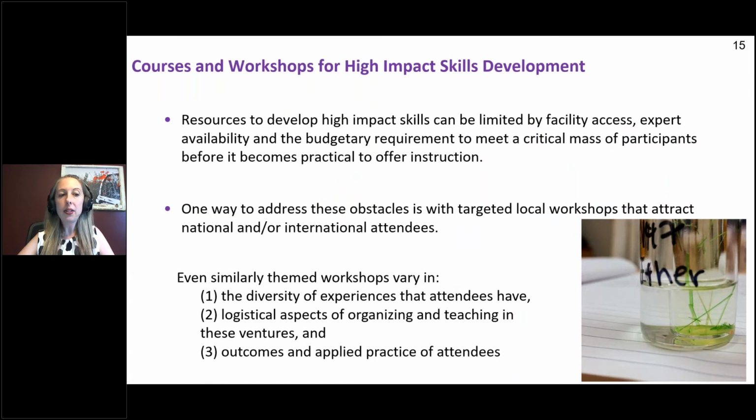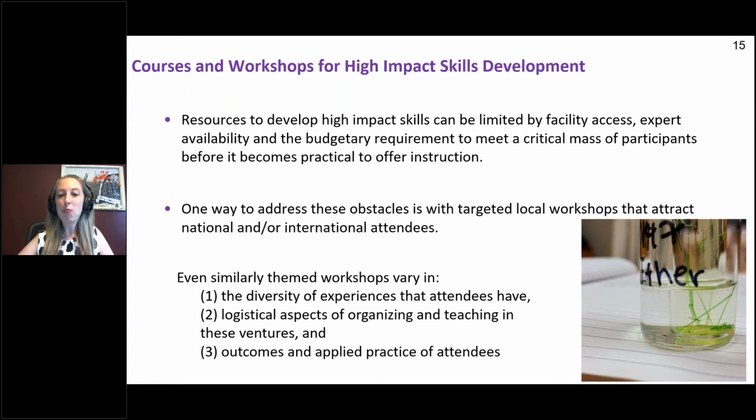I also wanted to shift gears because I have thus far spoken about a couple of undergraduate activities, but what about students that are graduating from these accredited programs, whereby keen faculty members that love structure may be incorporating this into their courses, but it's not required. So we see a lot of graduate students coming to us, and they would greatly benefit from additional expertise in crystallography, but resources to develop these skills in our graduate students might be limited by facility access,